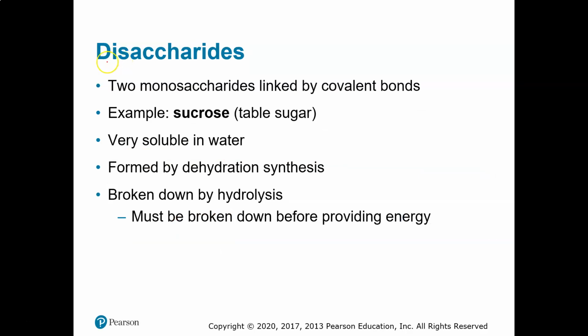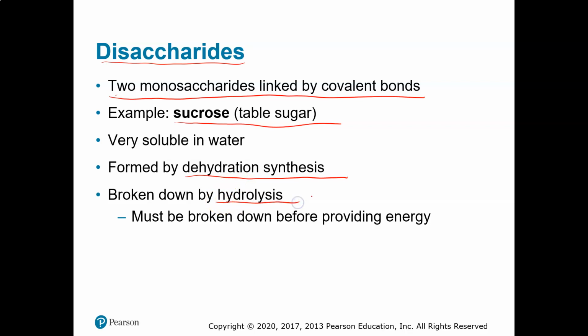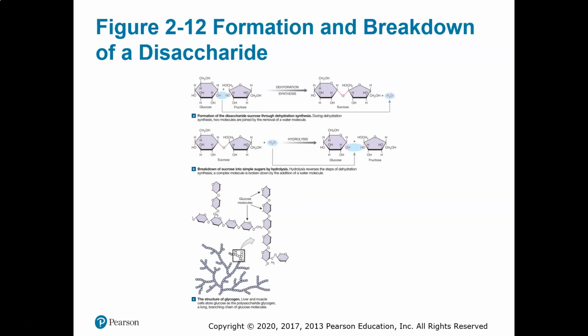molecule. Disaccharides consist of 2 monosaccharides linked by covalent bonds. Sucrose or table sugar is an example of a disaccharide. Dehydration synthesis forms a disaccharide, and then a disaccharide can be broken down by hydrolysis. Here is a figure showing 2 monosaccharides, glucose and fructose, that are combined by dehydration synthesis, the removal of water, and together they form sucrose. And you can have the reverse of that. Sucrose, which is a disaccharide, is broken down by the addition of water in a hydrolysis reaction to form the